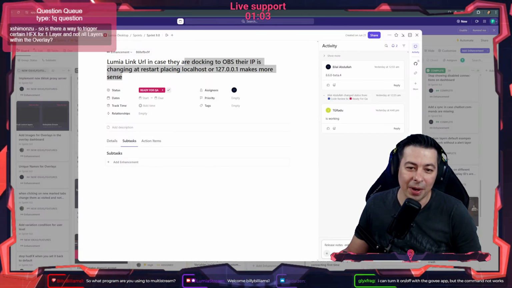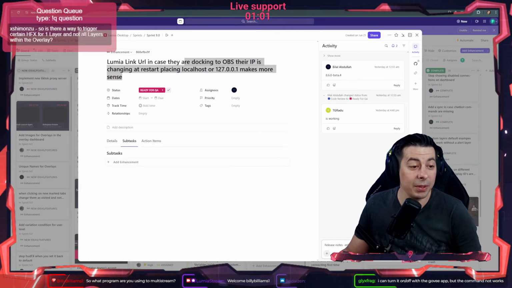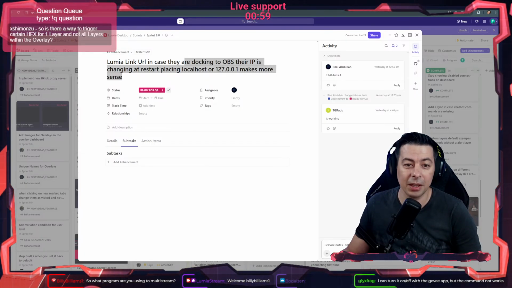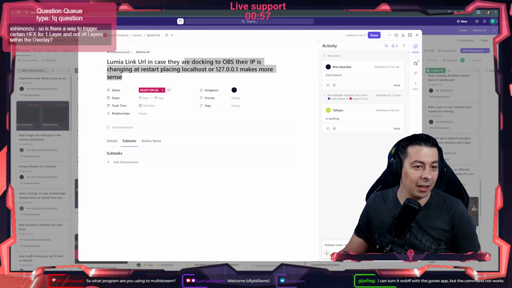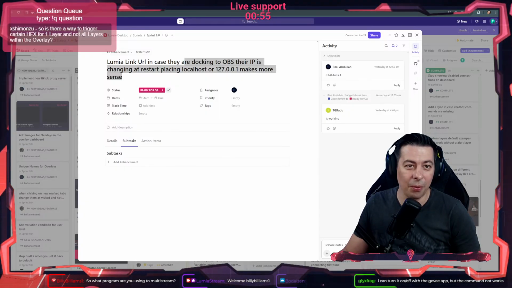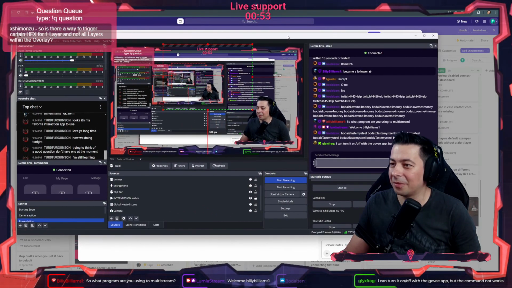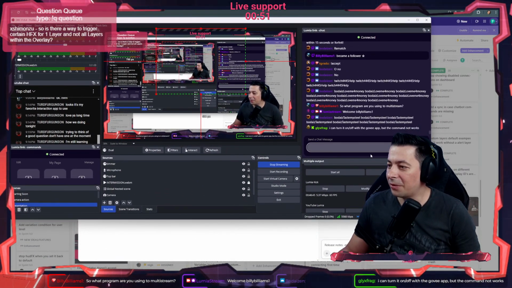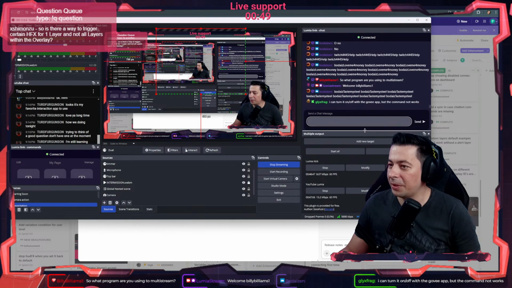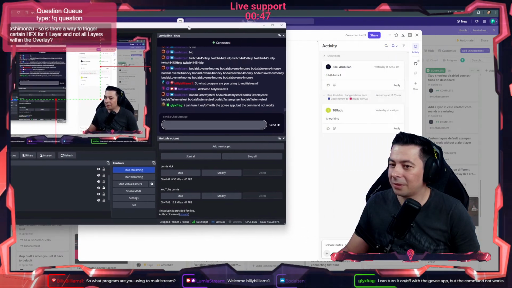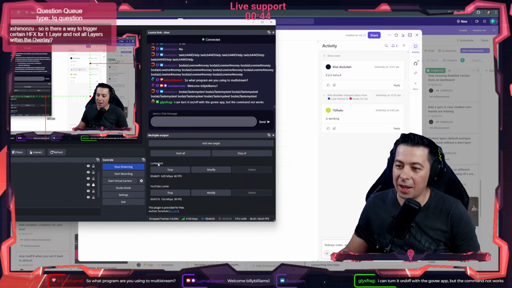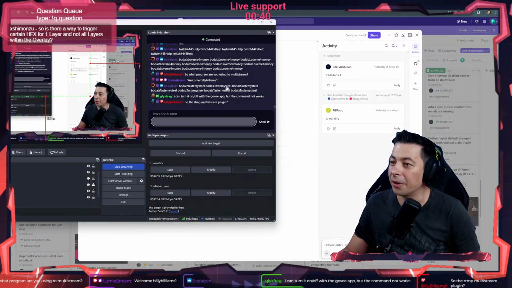So what program are you using to multi-stream? I'm using OBS. I'm streaming everything. I don't want to do like an infinity over here. But as you can see, I have multiple outputs over there. So I have Lumia on Kick, YouTube Lumia, and this one is going to be on Twitch.